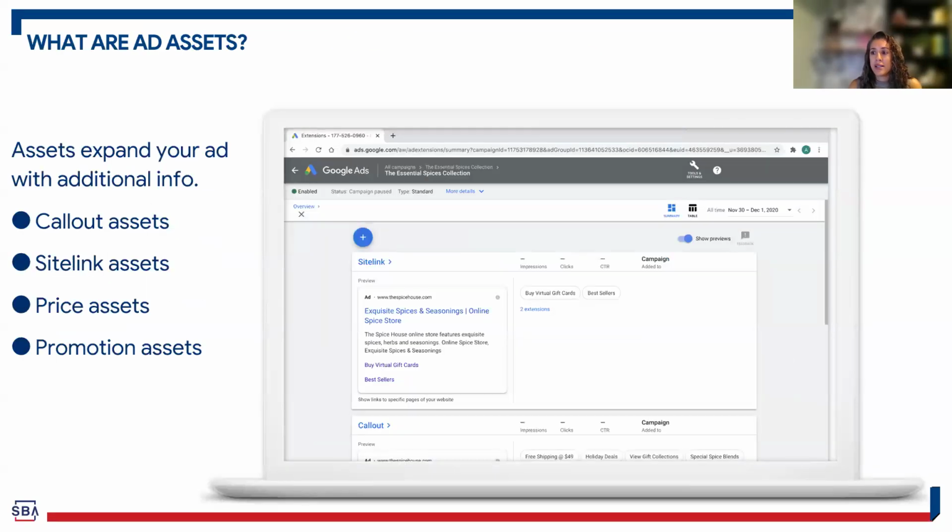And then you want to add some ad assets. These are what we call the callouts, the site links. Remember, we talked about adding everything, right? Because you just don't know where you're going to appear, and you want to show all the extra information that